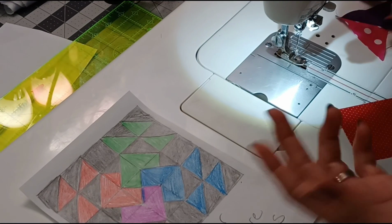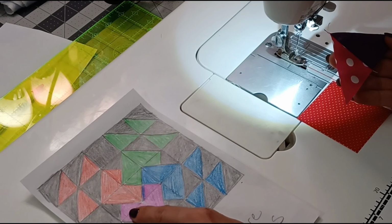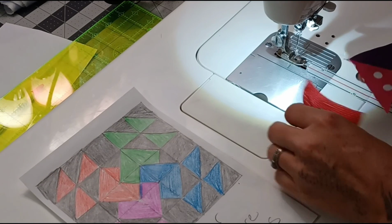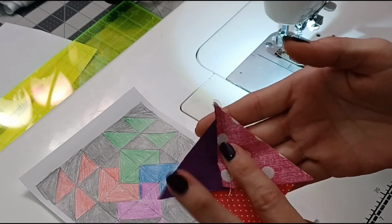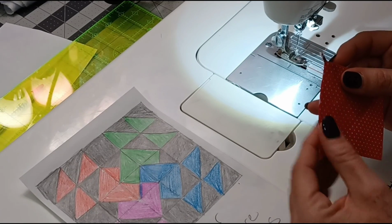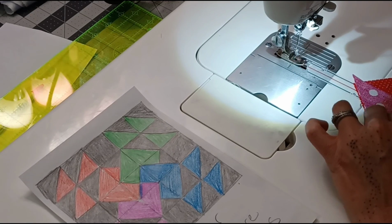So last combo is obvious. It's the pink with the purple, which is pink with black in this chart, and then it has the red. So I'm just going to put right sides together. I'm lining up these corners, as you can see, with my block. So those corners, because we're creating a 2.5 inch square again,